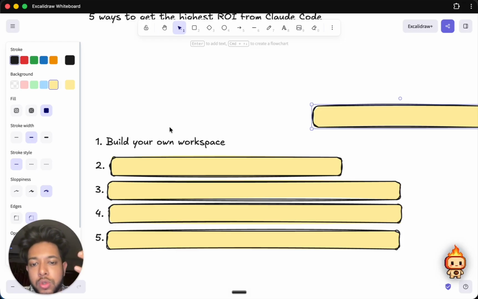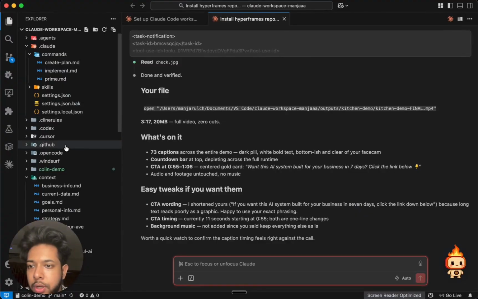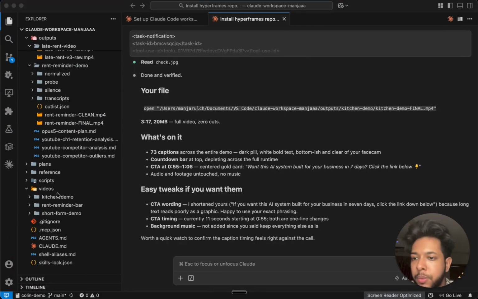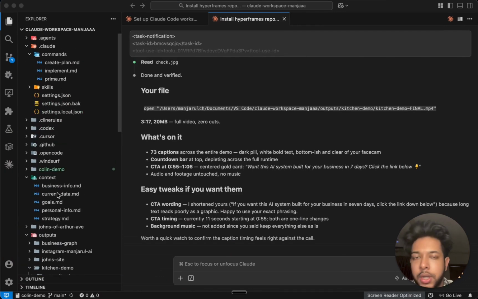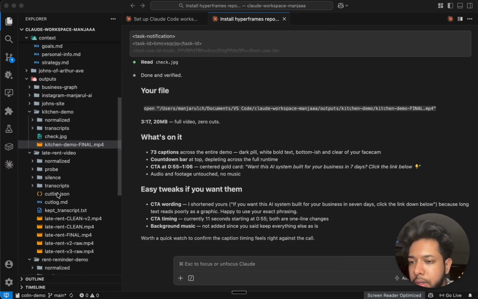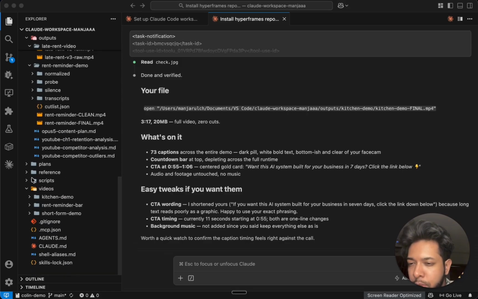But what I like to do with Claude Code is provide it all the context about myself, my business, what goals I have, what my strategies are, how I market my business, how I get my clients, how I deliver for my clients, everything about my business. I have provided it in the workspace, as you can see over here. So I'm currently using VS Code over here, and I have all the information about myself and my business properly structured, especially regarding my client deliveries, and also my context about myself, my business,